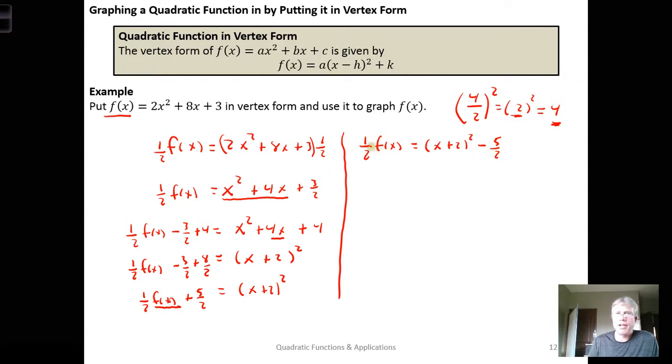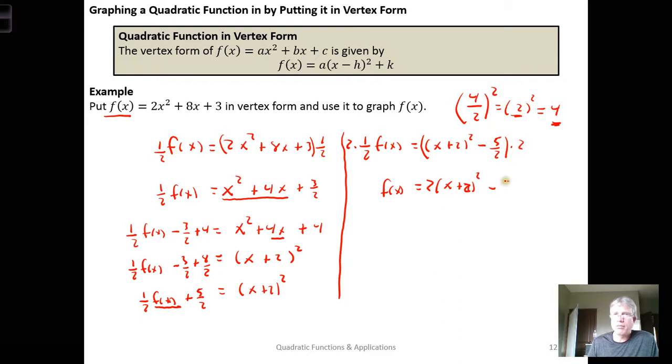And now to get f of x by itself, I need to multiply by 2. 2 times a half is 1. That's going to give me 1 f of x sitting here. But I need to multiply both sides by that 2. So times 2. Now distribute the 2 into the parentheses. So I'm going to have 2 times the x plus 2 being squared